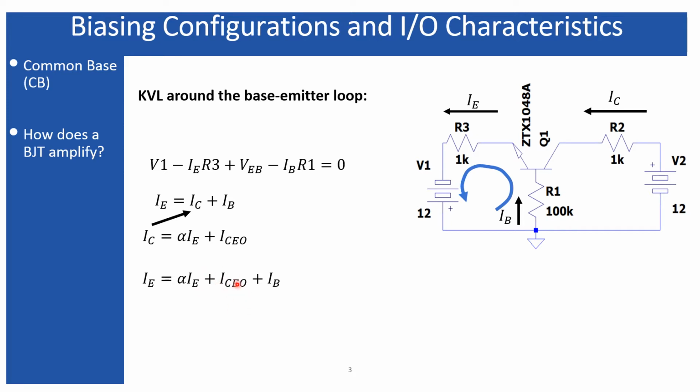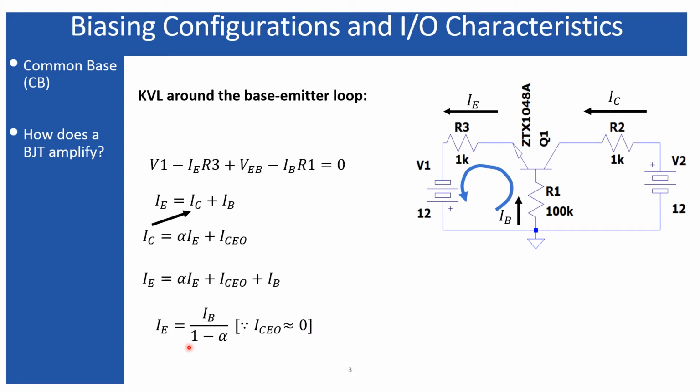ICEO, as I was telling, you can neglect this current because the order of the ICEO is very small, of the order of microampere, because the ICO is due to the minority carriers resulted in the reverse bias region for the collector to base junction. So in comparison with the emitter current, which is of the order of milliampere, ICEO can be neglected. So once you neglect this ICEO, this equation gets resulted.